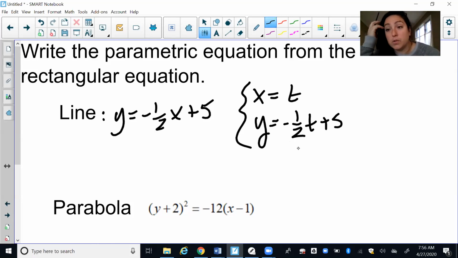So if you wanted to pull apart the x versus the y, you have to think about how x changes with respect to time, and how y changes with respect to time. So remember, slope is change in y over change in x. So if we're pulling apart x and y,